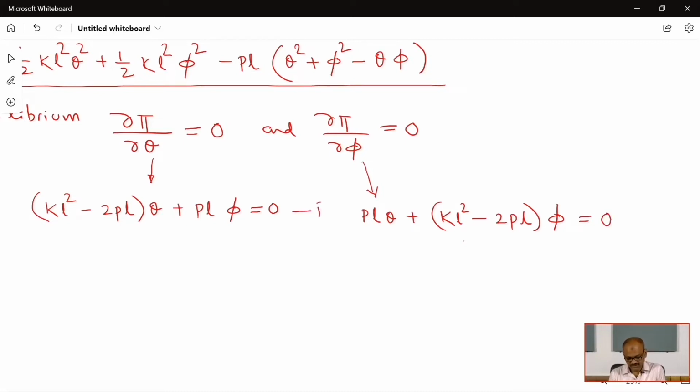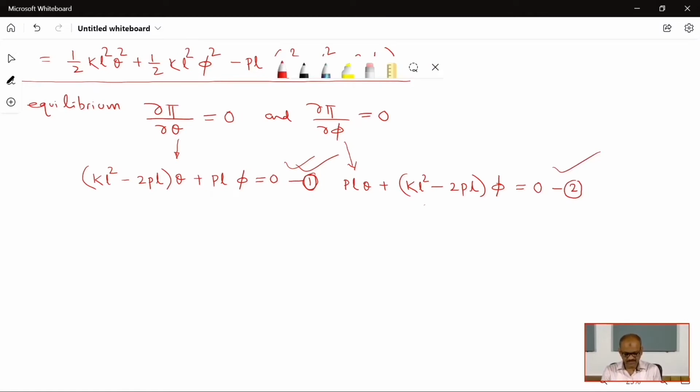So this is equation 1 and this is equation 2. These two equations can be represented in matrix format as k L square minus 2 P L, P L, this P L and k L square minus 2 P L, times theta and phi,